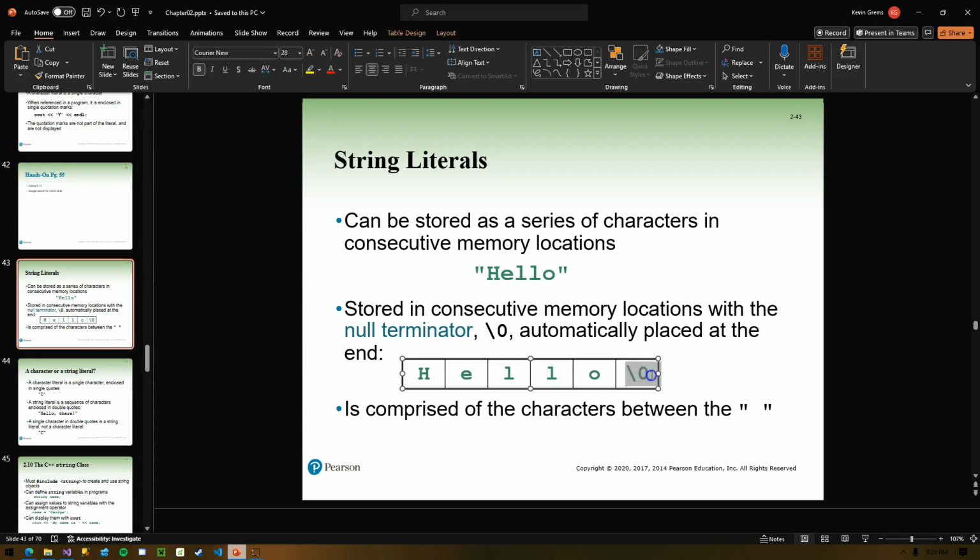And by convention, it ends in a \0. It's called the null terminator. \0 is automatically placed at the end. So this is what's called a character array. We'll talk about arrays in a later chapter, but it's a sequence of chars with a \0 by convention placed at the end. That's how the computer knows that we're at the end of our string when it sees that null terminator.